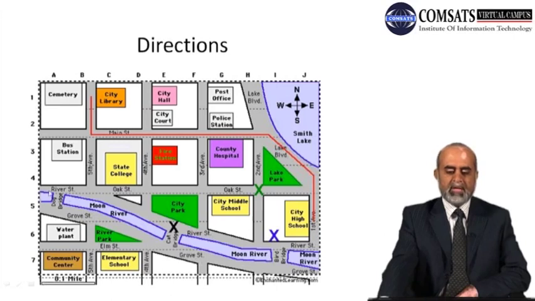Okay, the Moon River is passing through the city, and on this Moon River you have various bridges, and they have named them quite interestingly. You have the Bird Bridge, you have the Cat Bridge here, you have the Dog Bridge here. Okay, and so anyway, you can study it, and then we are going to look at